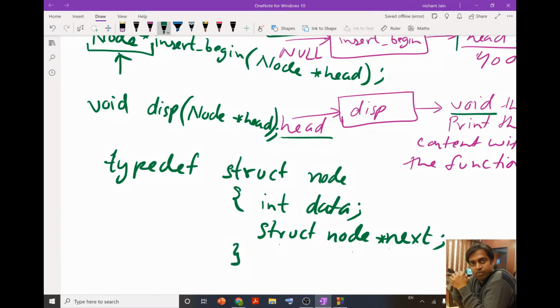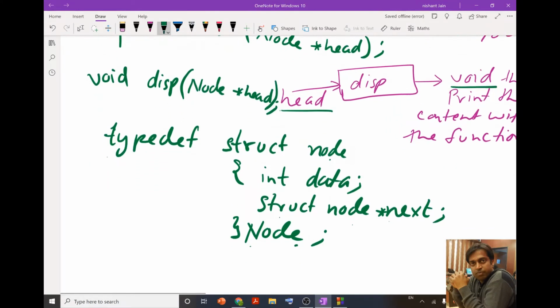Okay, and then we can close our structure and name it node. I have put typedef over here, so in place of writing struct node, I can simply write node. So I rename this struct node as node.